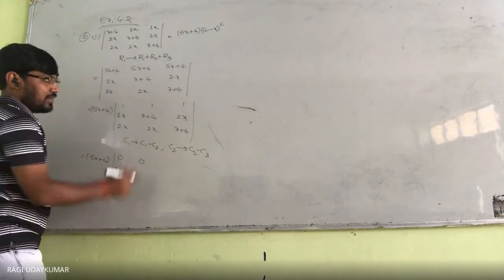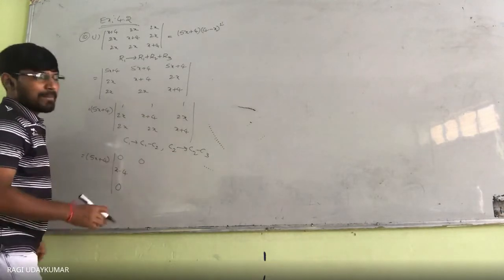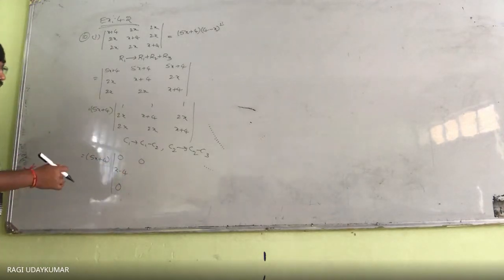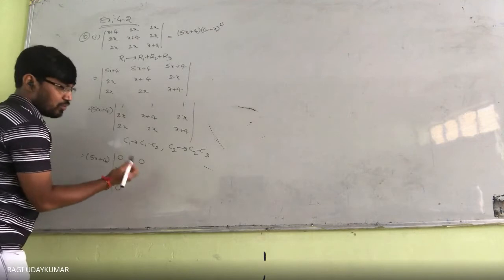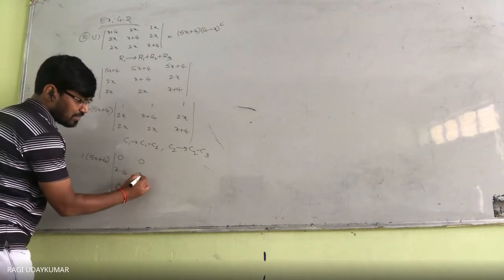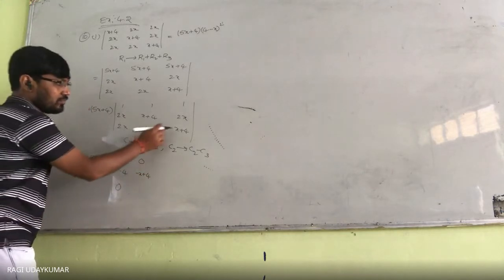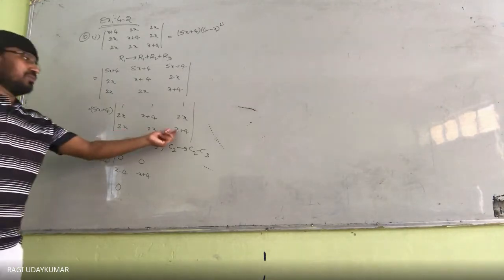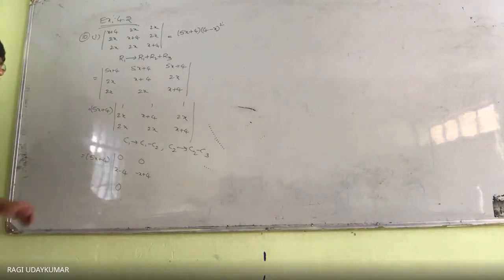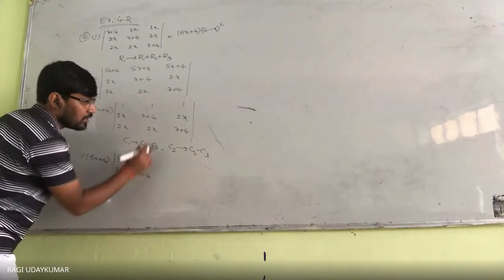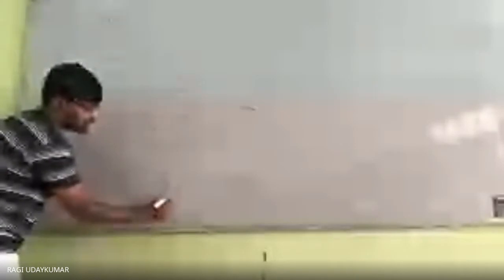C2 also I am changing. x plus 4 minus 2x is nothing but minus of x minus 4. Yeah, 4 minus x you will get here actually. Minus x plus 4. You will get minus x plus 4. This minus this if you have to do it. So whenever you do, you are going to get it as x minus 4 here, this minus this, x minus 4. And here 1, 2x, x plus 4.